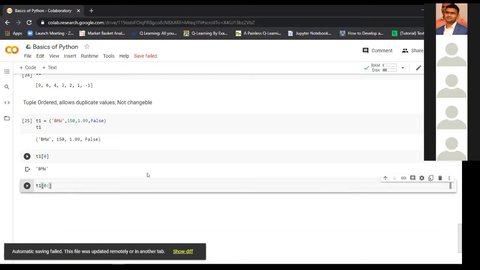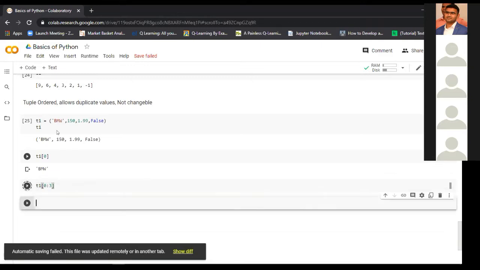So the elements before the end are the ones we are going to access in that particular list, tuple, or any iterable. So for the first two elements we have to put 3 at the end, and it will give us the first two elements, which are BMW and 150.